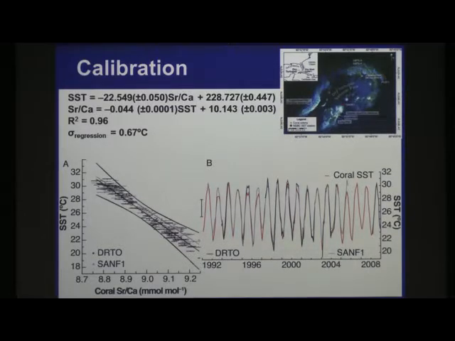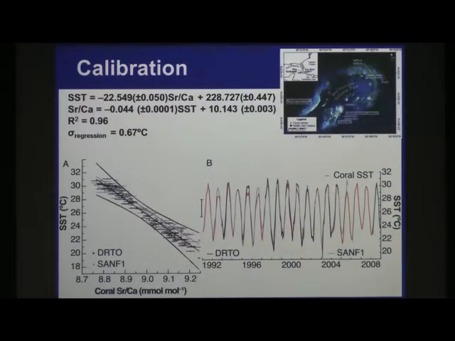Okay? So once we do that regression, we get a slope. I've given the calibration with strontium calcium. This is typically how it's shown in paleoclimate reconstructions. However, sea surface temperature on the left of the equals sign is probably the correct way to show this, since that's what we're reconstructing. So I've given the equation both ways. It gives the same answer.